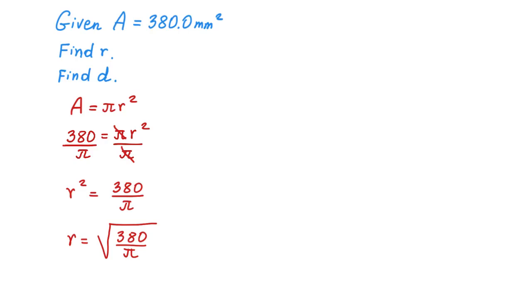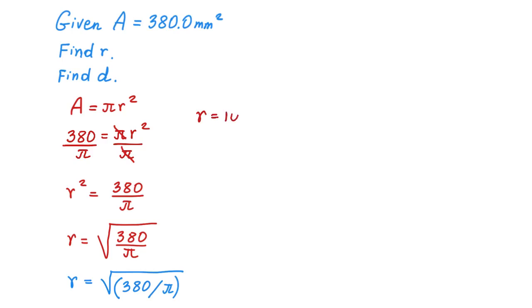On some of your calculators, you may need to use parentheses inside the square root. So your typing is going to look like this: square root, parentheses, 380 divided by pi, close the parentheses, and make sure all this is inside the square root. So then r